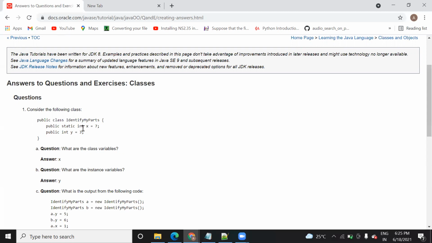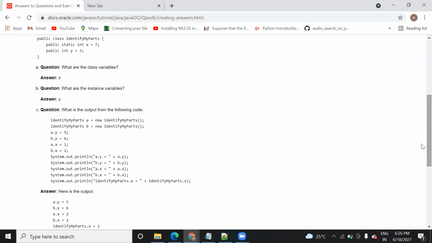What do you mean by this static keyword? The static keyword tells you that a variable or a method belongs to that class itself, and the rest of the variables are instance variables. That means it is a copy held by an object, so the object holds the instance variable. Inside this object you have the variable y, and it will be saved in memory somewhere.